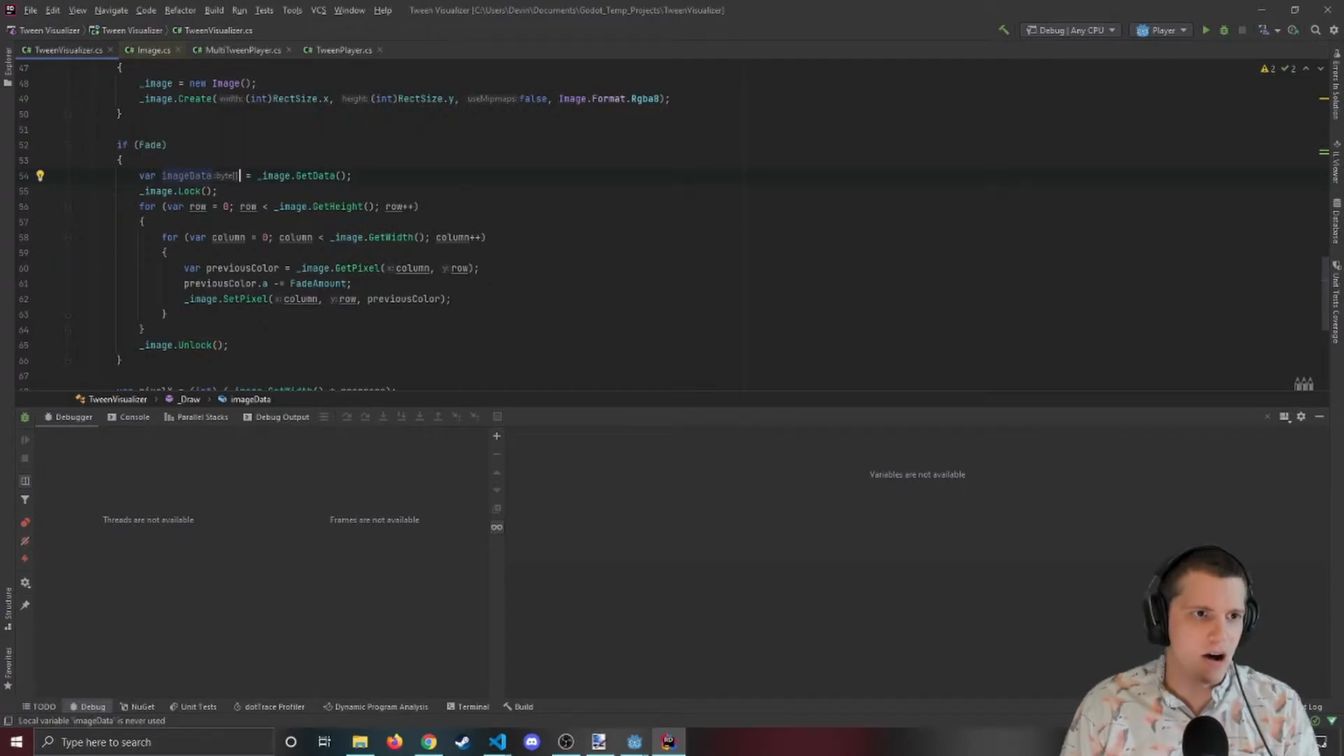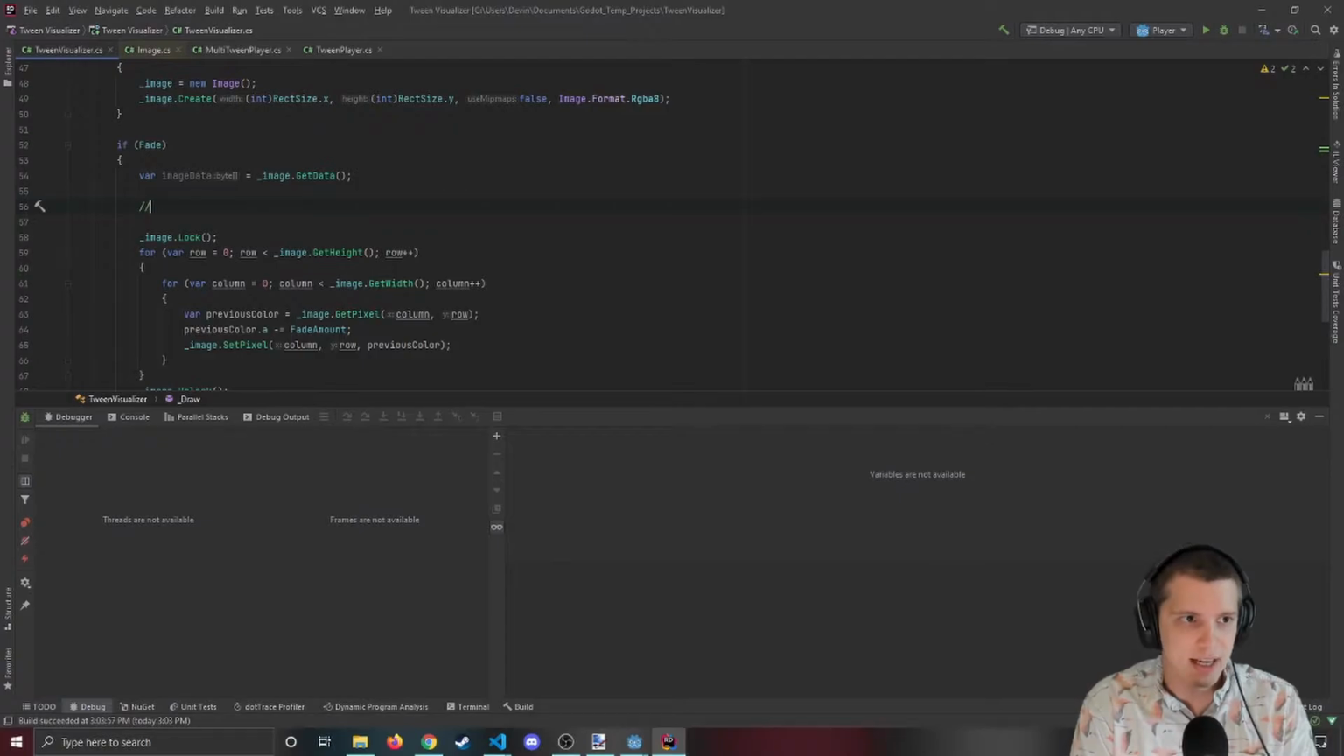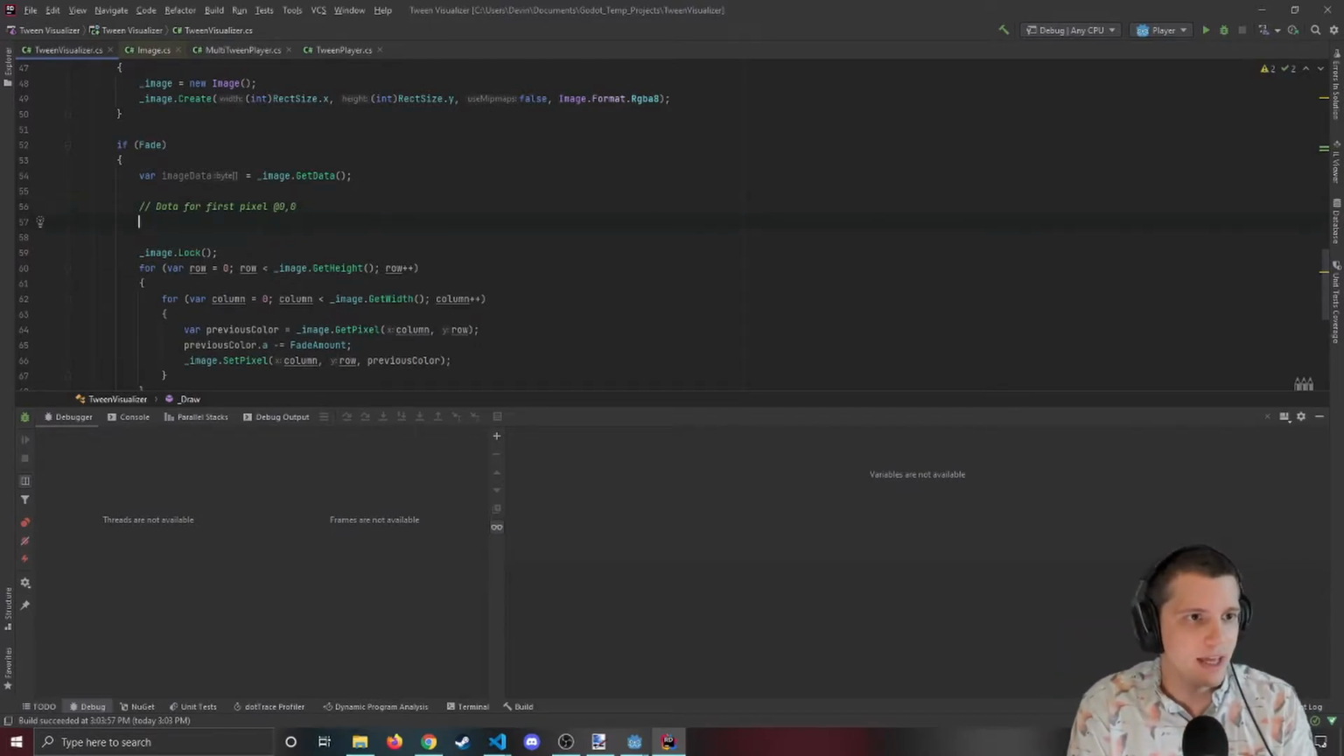But the question is, how many bytes do we have? Well, since each byte represents a single channel and each pixel has 4 channels and we have some number of pixels, then that means as we iterate over these bytes, which is just a one-dimensional array, each 4 bytes represents a single pixel, and there will be just some number of pixels. So if we have 4 bytes, then just to use as an example, suppose we had data for the first pixel at 0, 0, so the very top left pixel, then image data